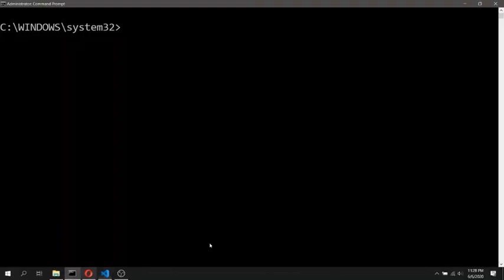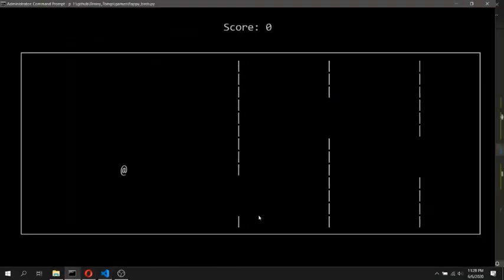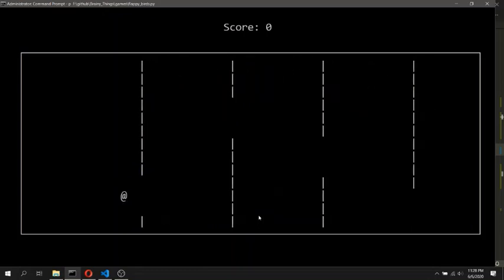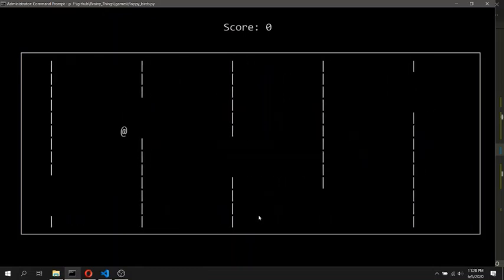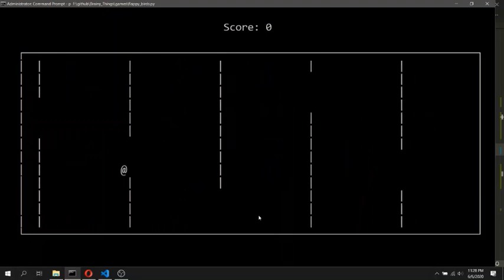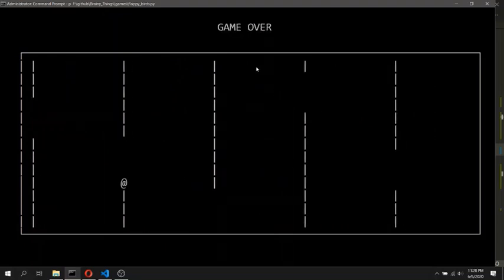Okay, let's see if the score is visible or not. Yes, even though the score will not update because we have not added any code, the score is being displayed at the correct position and the game over is displayed on it.